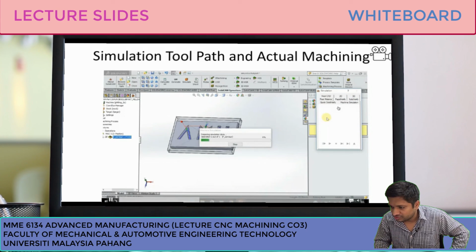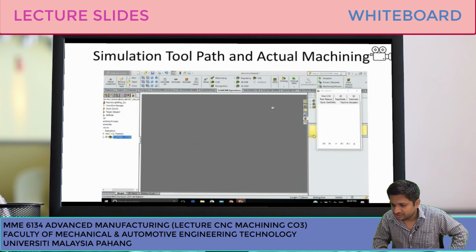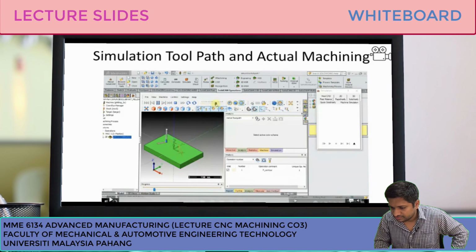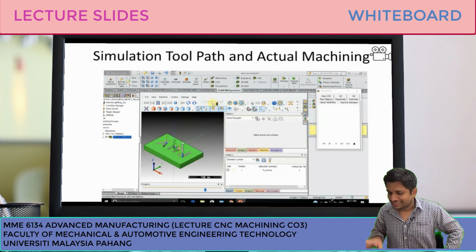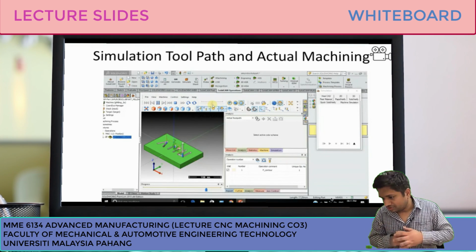He is going to go to machine, and now the software is going to render actual machining. Now actual machining will occur. Here you can see actual machining occurring. After he is happy with the actual machining and with the parts that he has made, he is going to automatically generate the G code.